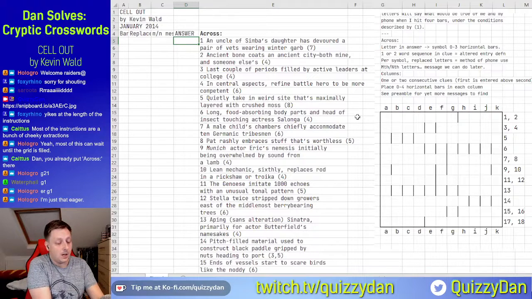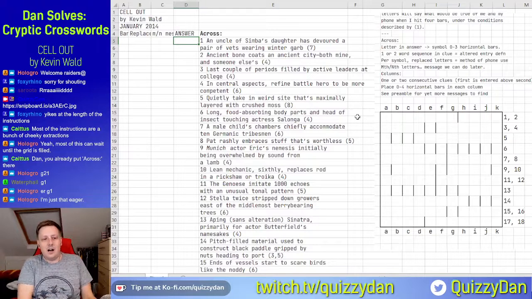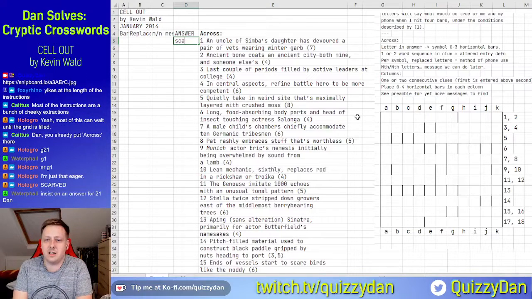I'm just looking for some paper for the inevitable anagrams that are coming up later. It is Scarved. Scar is the uncle of Simba. Daughter is D, but we're going to put into it has devoured a pair of vets, which is V and E. So, okay, Waterfall. I will definitely do that. So, Scarved, but we have to